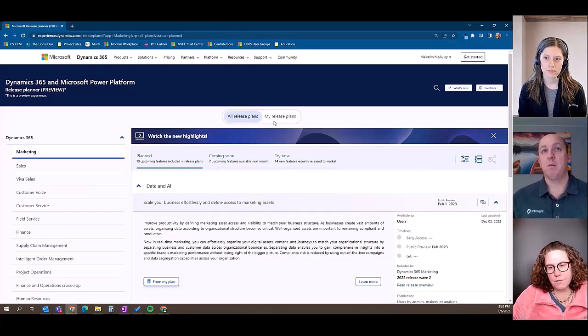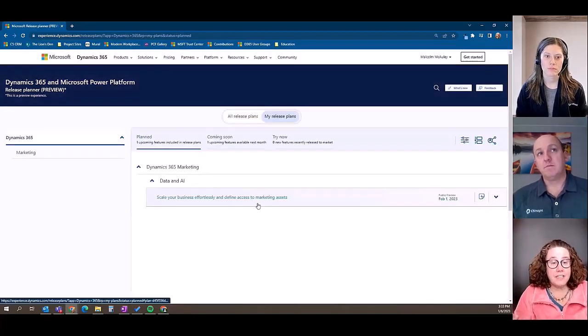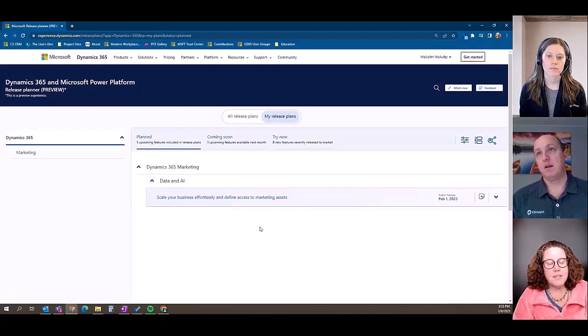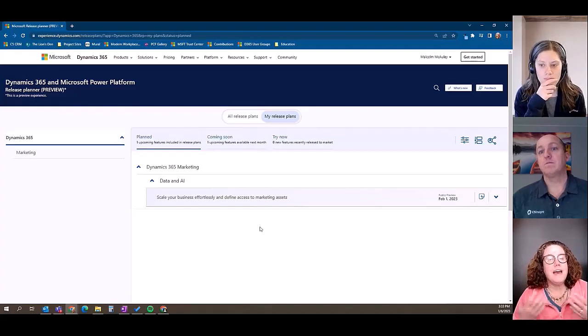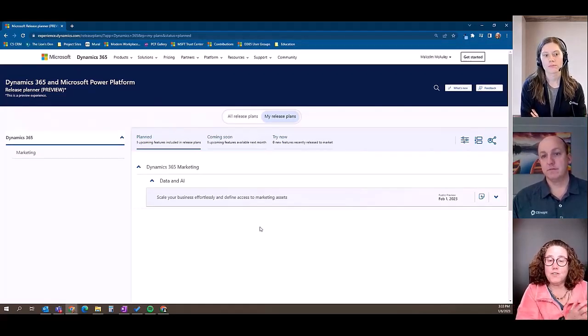Yeah, so this is a very cool functionality. However, it appears, at least to us, that it's a little limiting in that it's based on the logged in user, and you can only have one of these release plans for that user. So it's great because you can add all this information, you can have it very focused. But for people like us, or for people who are in large organizations and manage a bunch of different environments, there's not really a way, as of right now, with one login to be able to differentiate what those plans